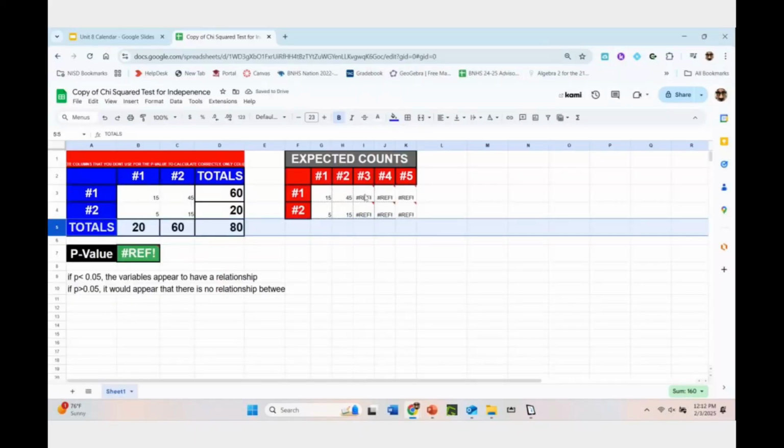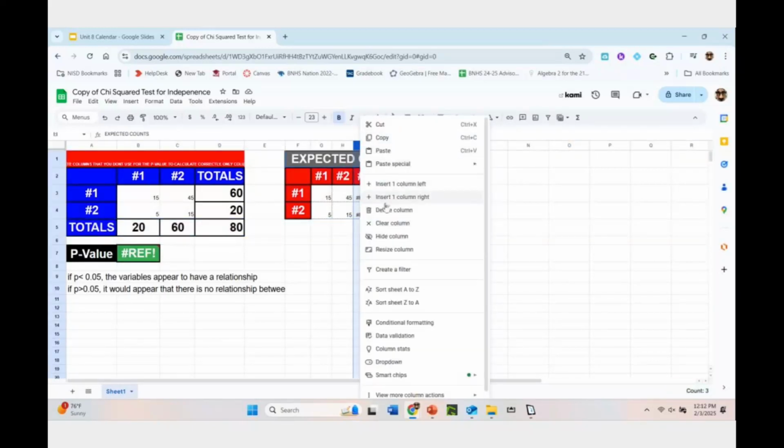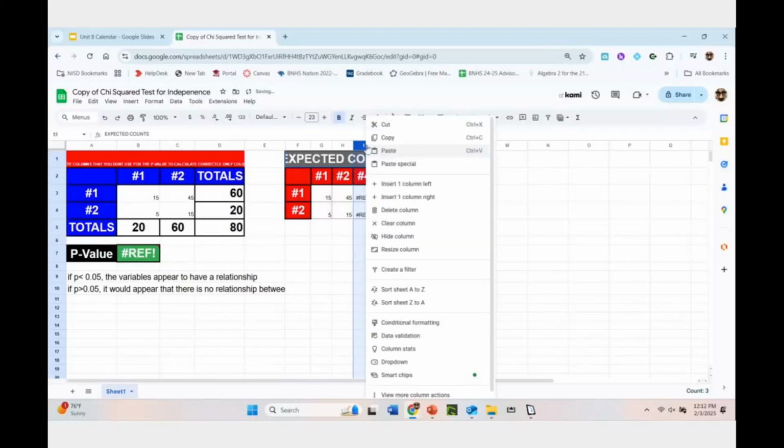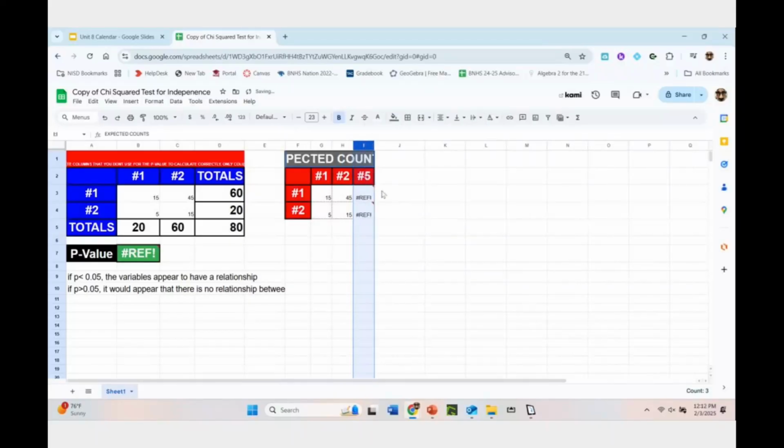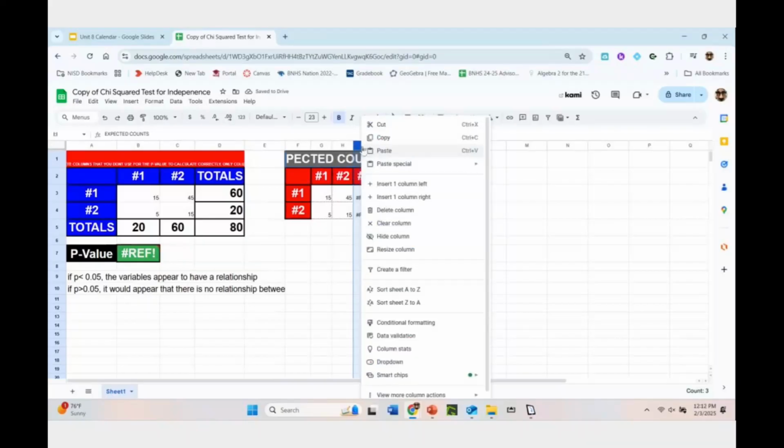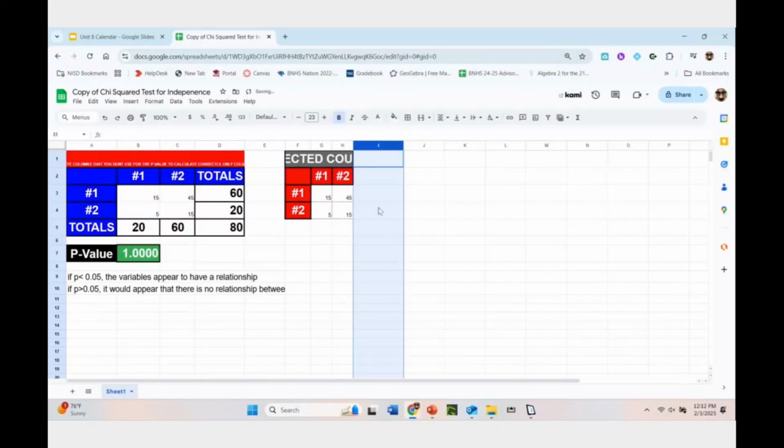And over here, you see how we have these hashtag REFs. Those need to be deleted as well. So delete this column. And notice our p-value says hashtag REF. That's because we have all these calculations going on. And now we get this p-value of